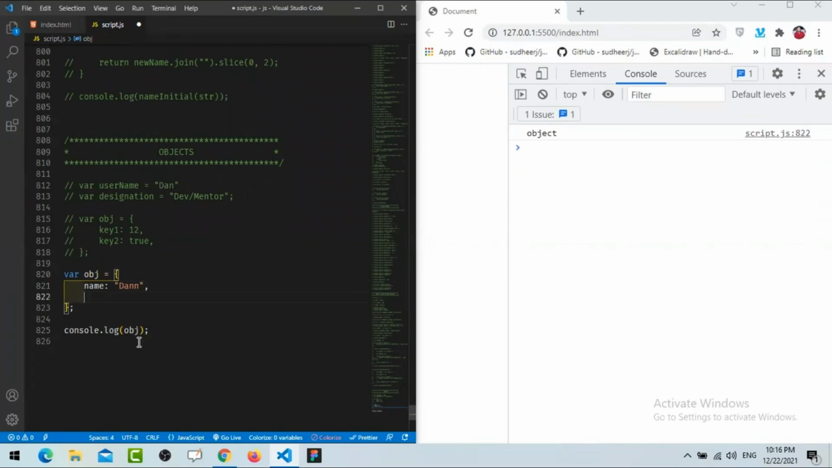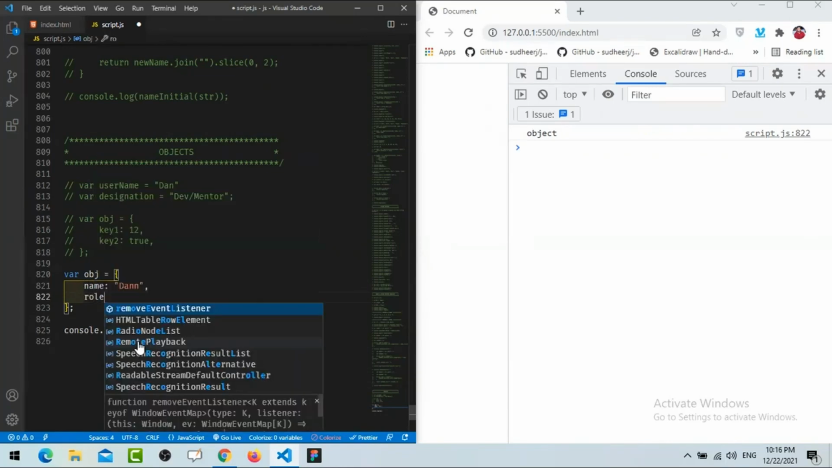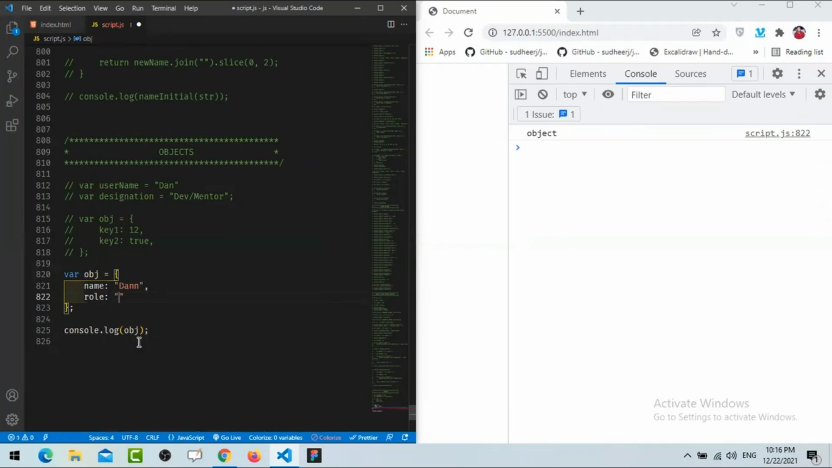Another thing I'm going to write: instead of designation we can simply write role, and here developer. Two properties I have defined, and now I'll try to print this object. So see here we are getting this as an object, and how many properties are there? Two properties. If you write object dot length,